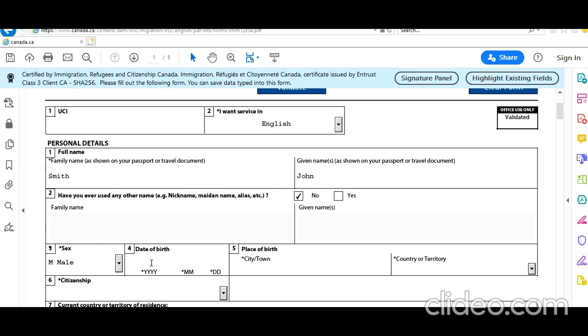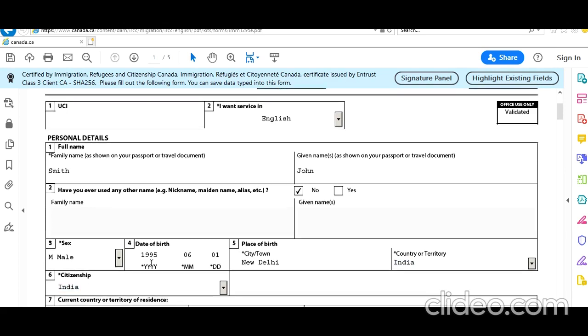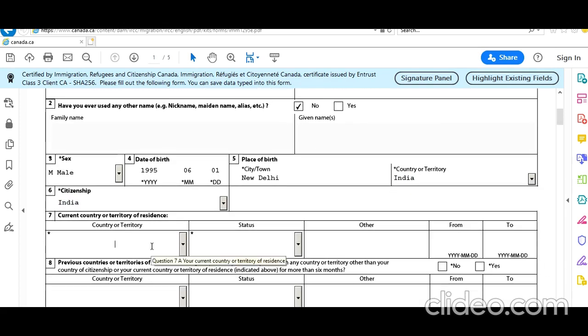Date of birth: if I'm not wrong, we selected June 1st during the questionnaire. Place of birth, let's say New Delhi. Country: India. Citizenship: India. Current country or territory: India. Status.